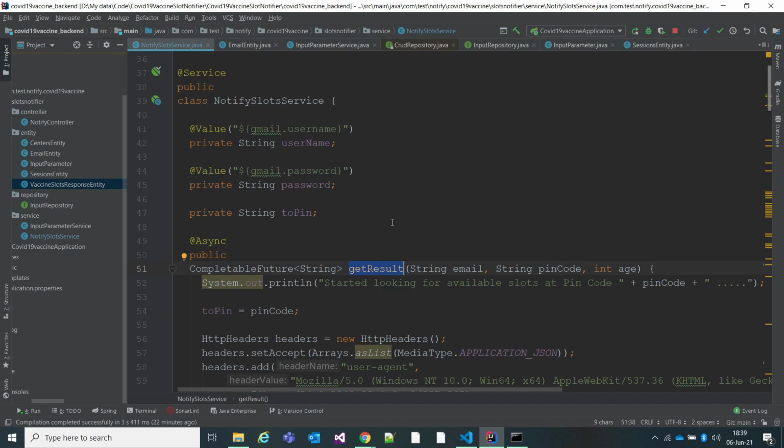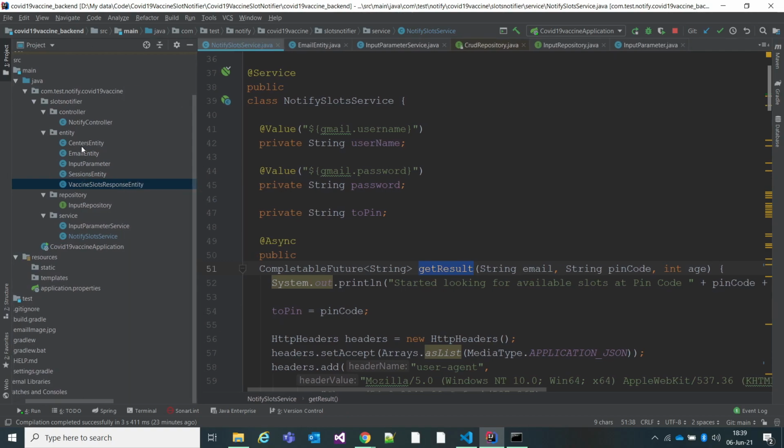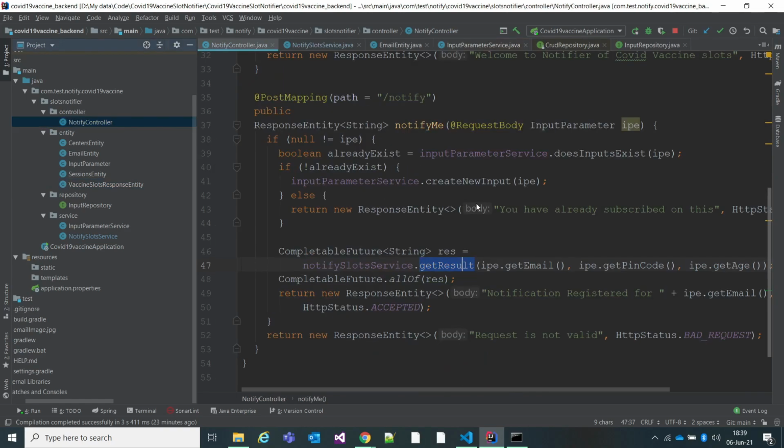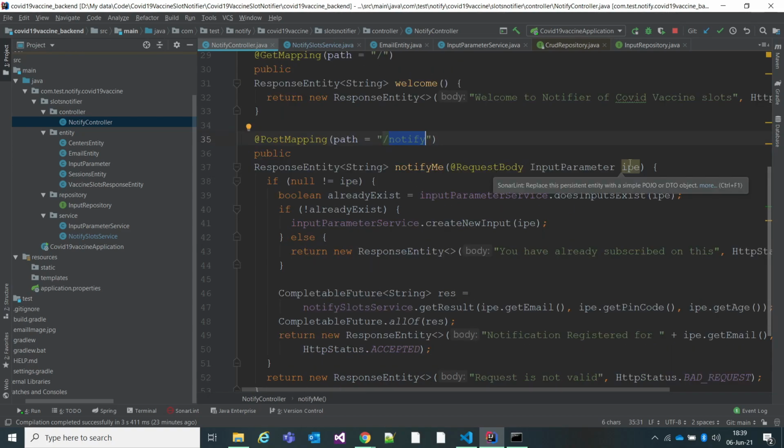So this is it. Where we started is we created the entities. If I summarize, I have just created the entities and created the controller. I have created two controllers. One is get and one is post. Get is just a welcome controller, to check whether my server is running or not, and the post request on slash notify will take whatever the user has entered in the UI. That same I'll save to the database, and